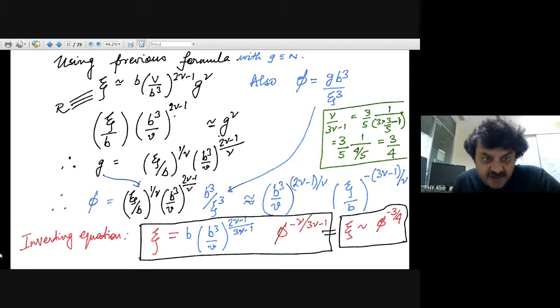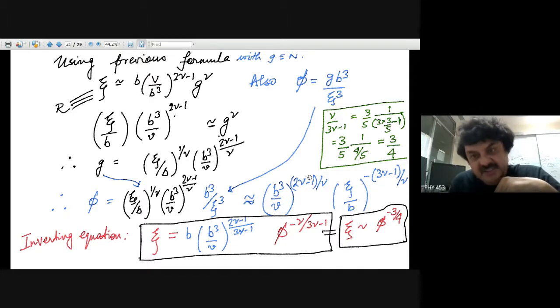So this is the phi. Now G has been replaced, and now you have it in terms of zeta, right? And you already had b cube and zeta cube sitting here. So now you are getting phi as an expression of zeta, right? And if you substitute all of this, what you get is, see, these are microscopic quantities. b cube v is a microscopic quantity. This is of course the Flory exponent, and you get the scaling relationship